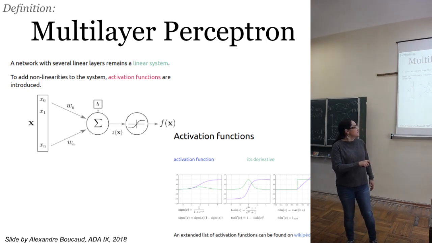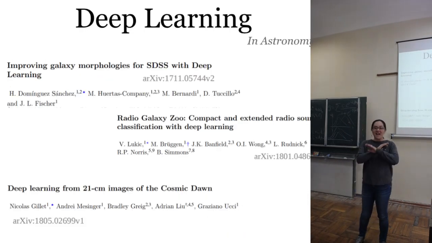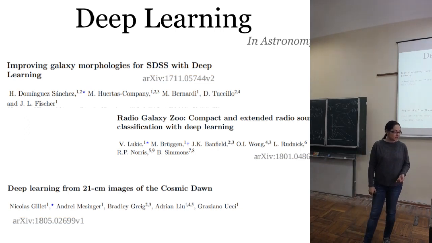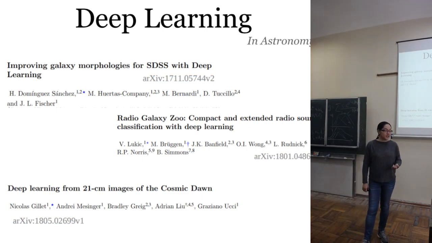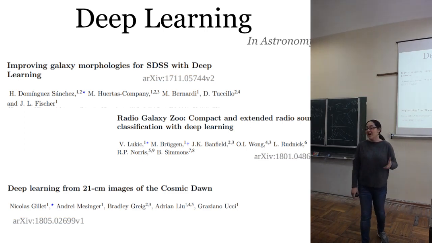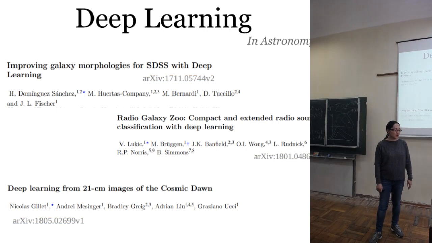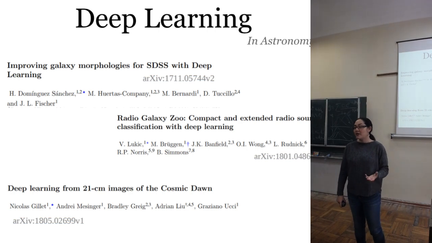Anyway, you have many different options for your activation function, and this has been extensively explored in astronomy. I only got a few examples: galaxy morphology, a study of radio sources with Galaxy Zoo data. I think everyone is familiar with Galaxy Zoo. And deep learning for 21 centimeter images. These are only very recent examples. So this has been extensively applied to astronomy in many different scenarios, and it seems to work quite well